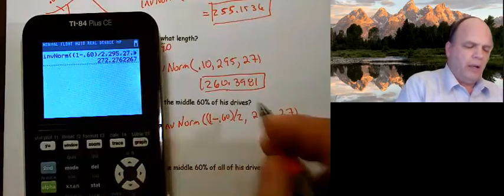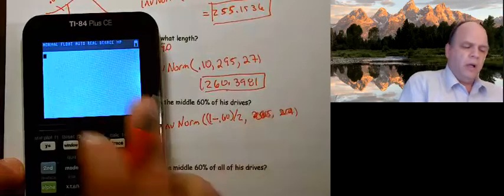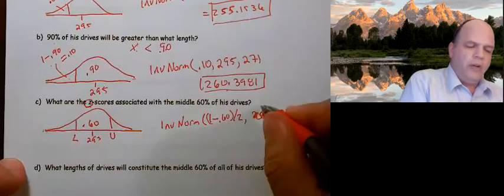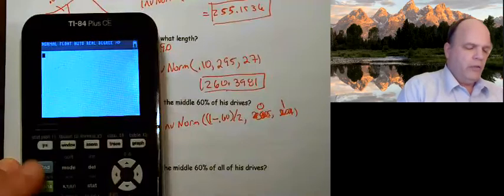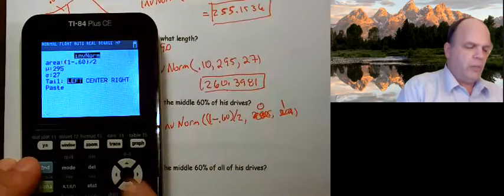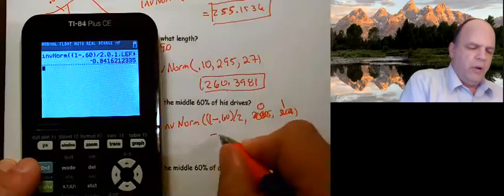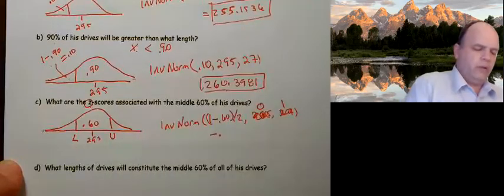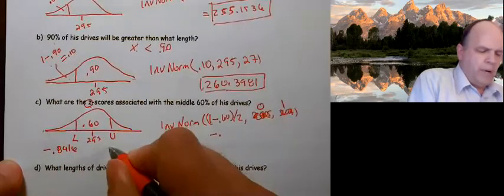All right, so my lower bound, oops, I'm sorry. I'm wrong about that. I made an error because it didn't ask for the actual values, it asked for the z-scores. And the z-score always has a mean of 0 and a standard deviation of 1. Sorry about that. So second vars, inverse norm, mean of 0, standard deviation of 1. And I end up getting negative, my lower bound is negative 0.8416. And my upper bound is